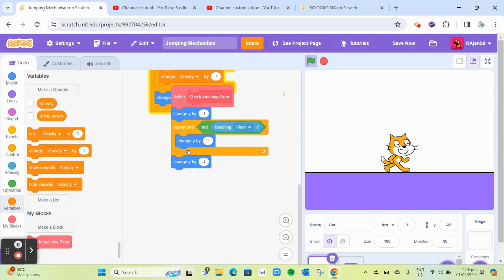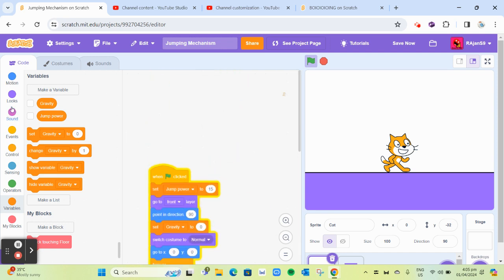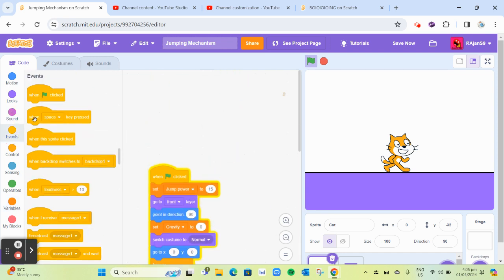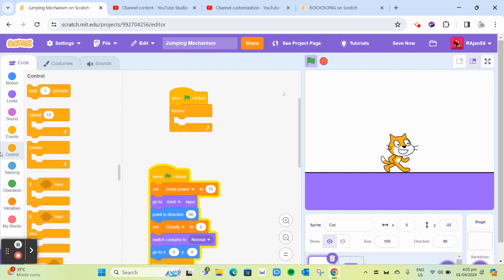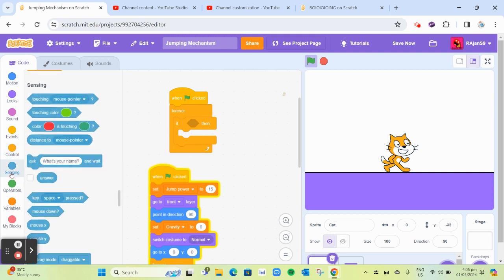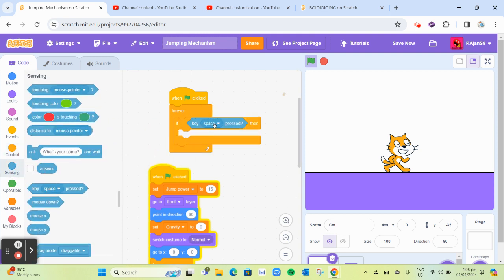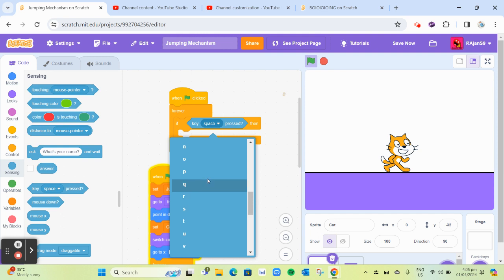What are we doing? We're not just adding a jump mechanism. We're adding a squish mechanism. Let's go. So forever, get another forever loop. We don't want it to be stuck with the script. We're gonna do an if then. If the down key is pressed, which is gonna be S for me,